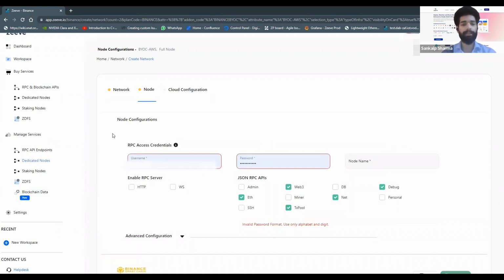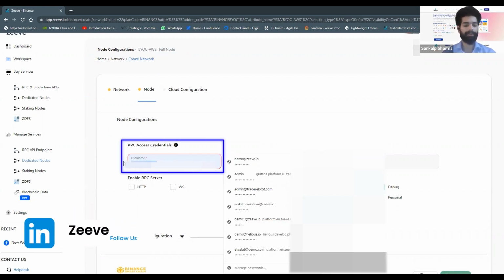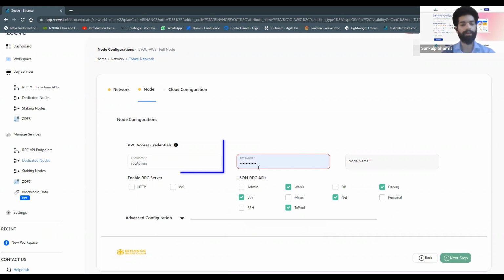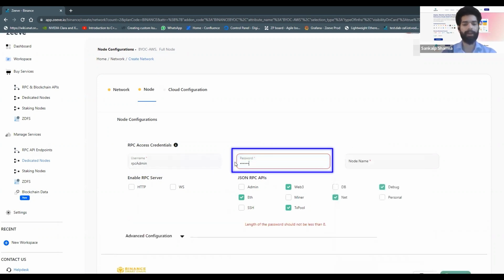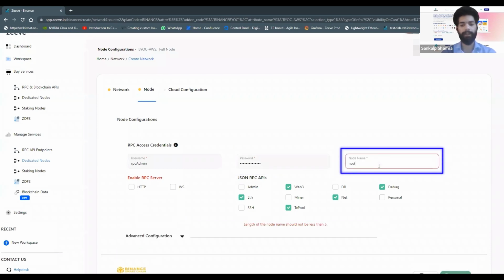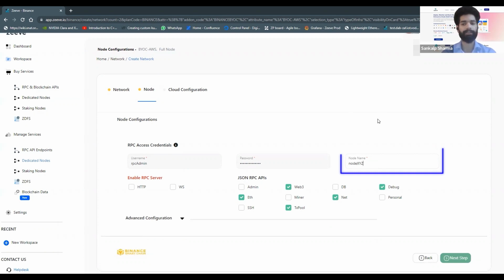So here I can see in the next step, all the configurations which are very specific to the protocol are being asked for. So my RPC username credential with which I can connect to my Binance node. I can also give a strong password. I can choose the node name which I want to give, so node XYZ, why not? So this is how I can refer to my node